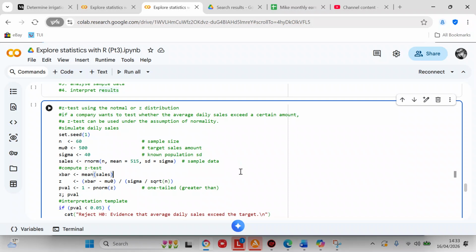So you can see right here that the mean for the sample is greater than the target mean. So that's going to give you a little bit of information to work on. So we're going to compute our Z test. So X bar becomes the mean of your sales. And so you already know it's going to be around 515 because we've set it to have a mean of